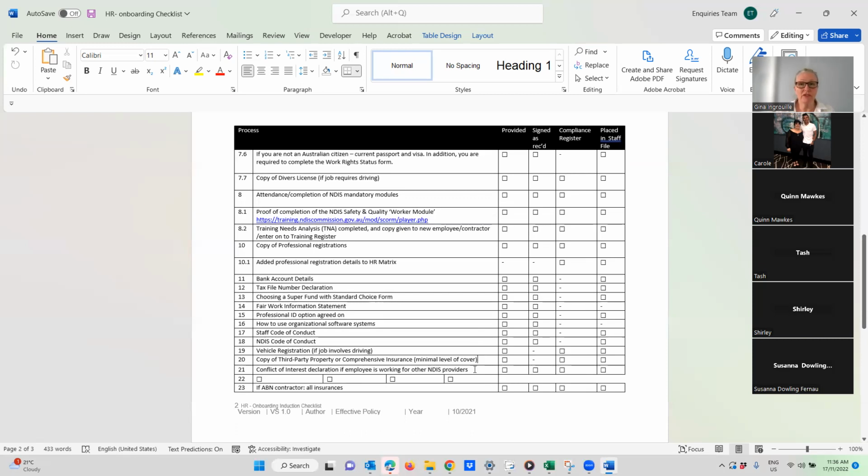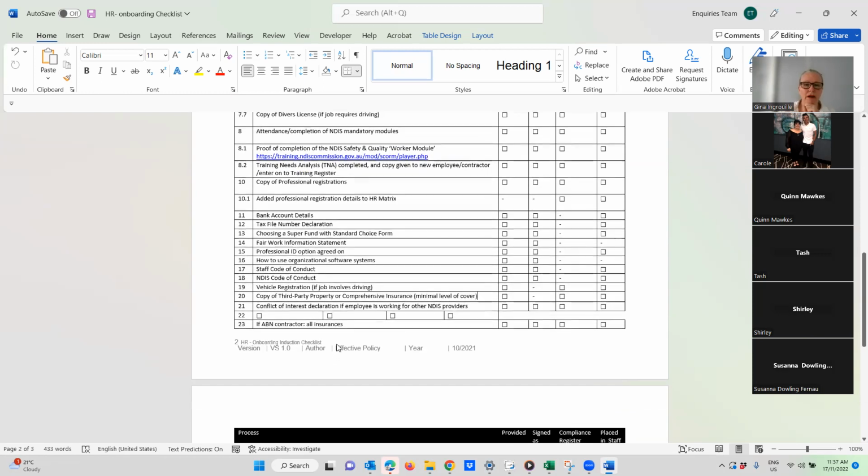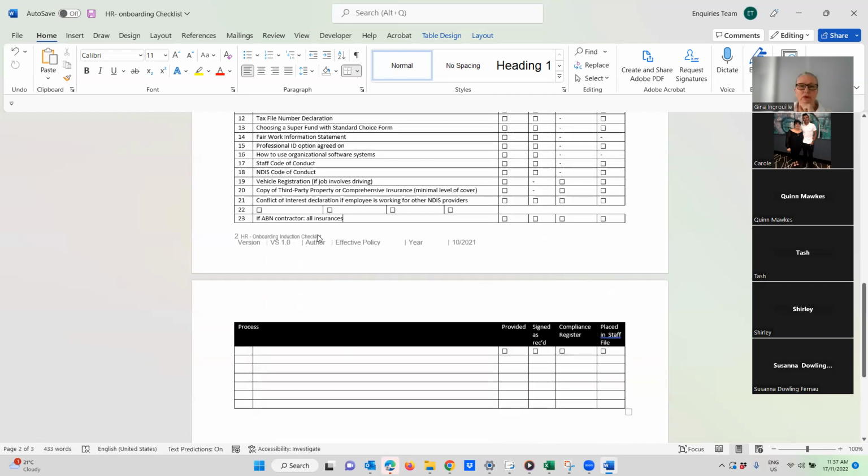The conflict of interest declaration, which is what we talked about, that we will always look for that on your file. If we have discovered, which we will, through looking through the file or discussions, that between yourself and that person there is a conflict of interest, because we'll see that on the employment form, we'll see it in the register if you've written who the other employers are. So we'll know, and we'll be looking for it. When it comes down to our ABN workforce, we must see all the ABN contractors' insurances.